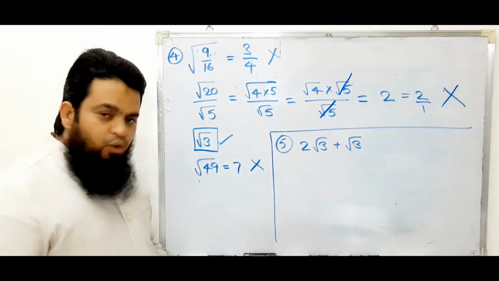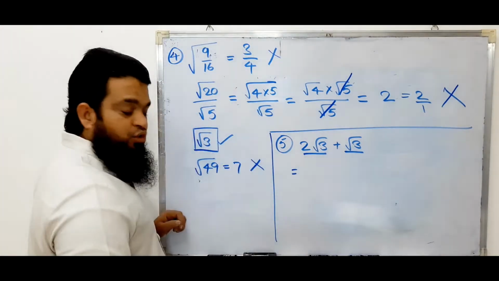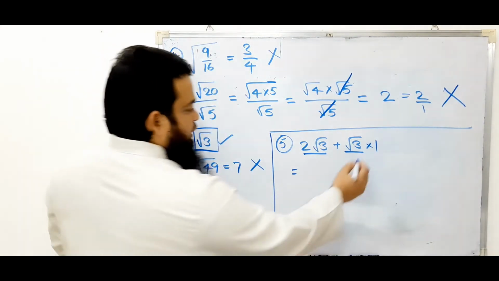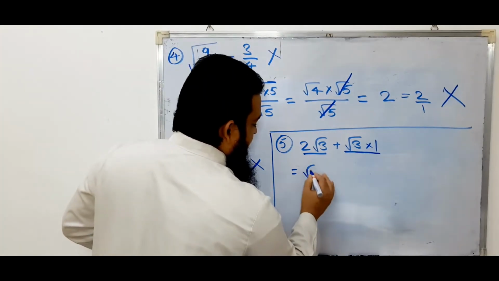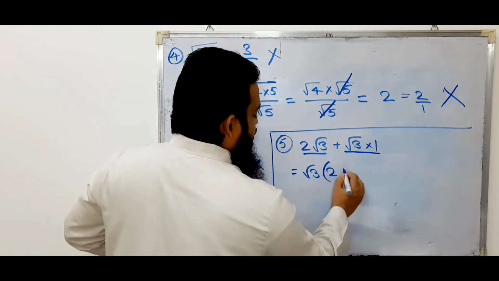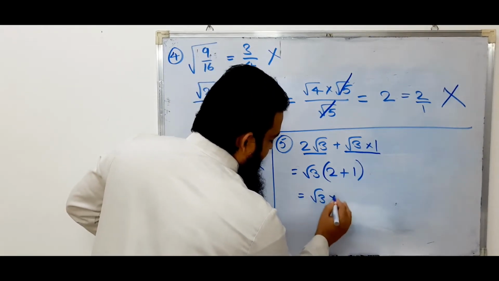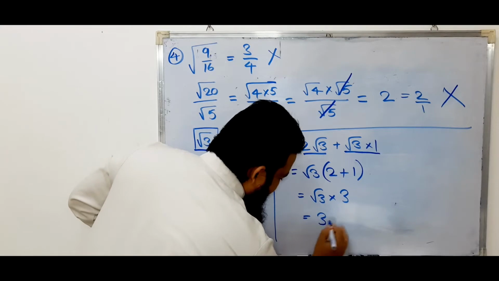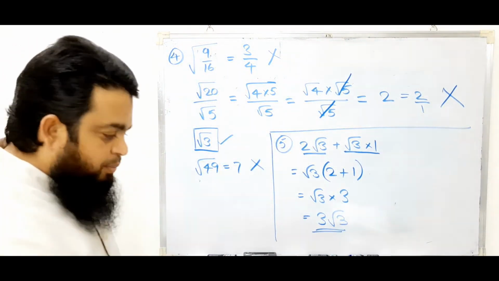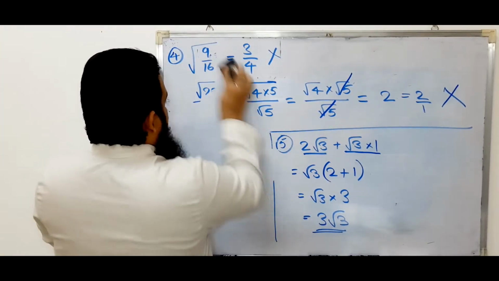Okay. Now, see, in this first term and second term, root 3 is common. Can I write this as root 3 times 1? Yes. Using the distributive property, I take it as common. What is left out? 2 plus 1. So it is root 3 into 3. So I will write it as 3 root 3. So this is the option. Fine. I hope everybody understood it. Now, let us go for the next problem.